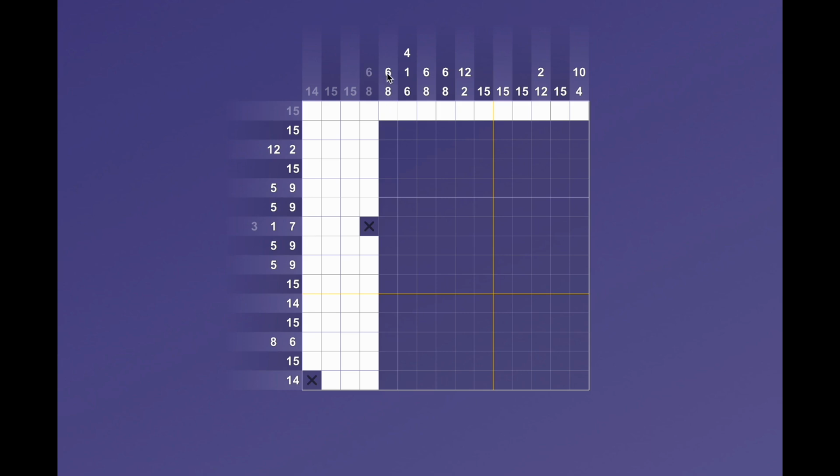14, and X in between is 15. 1, 2, 3, 4, 5, 6, then the X. 1, 2, 3, 4,